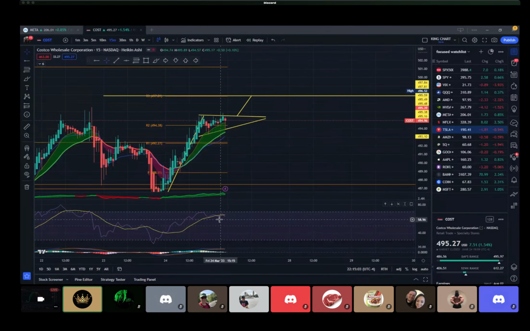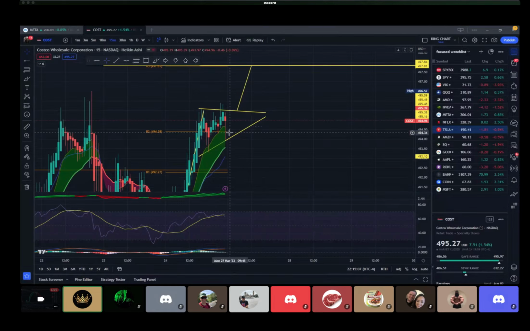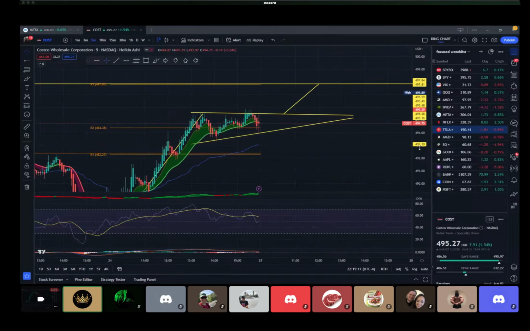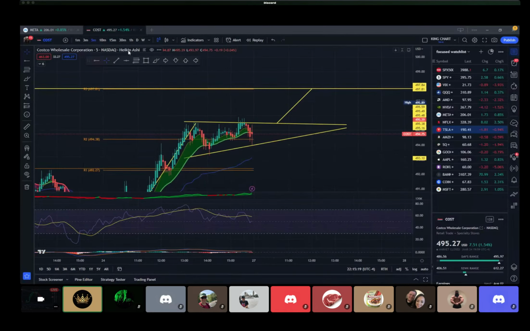Yeah, it is a little bit overbought here. So this is 494. So it could definitely retrace back to 490 at the end of this candle. 494. On the 5 minute, we're right here. So on the 5 minute, just wait for that break. We're going to wait for a break right here, and we can literally just go to the moon. 497. And a $3 move for Costco is nothing. So very easily can happen.